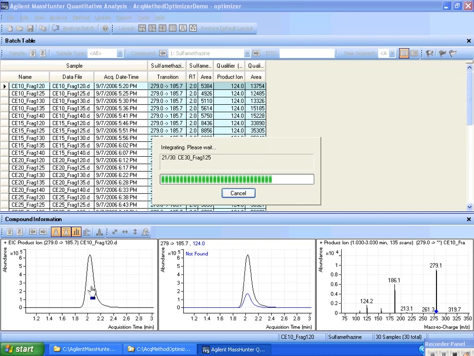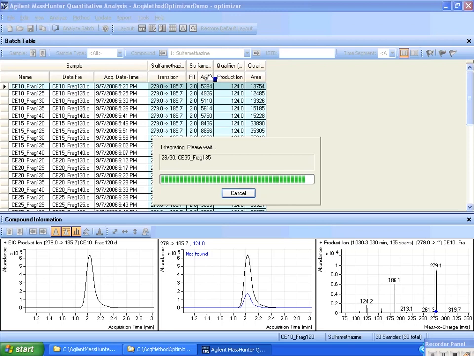As I can see here, I've got actual target responses and I've got the qualifier responses down here, and I can see them graphically as well as my spectral transitions, with the precursor ion marked with the blue here and the transitions showing up as ions in my spectra. As this comes to a conclusion, I'll take a look at the first compound,